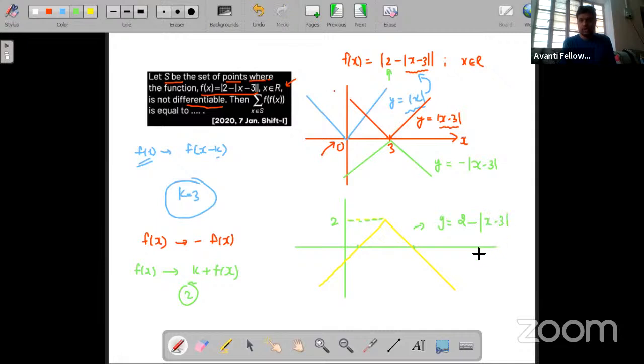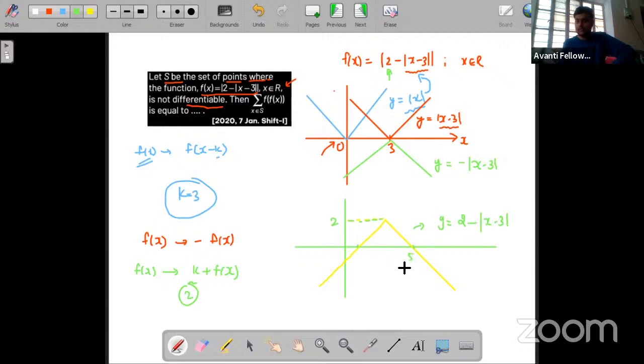Okay, so what we have to do, we have to find this point. This point means we have to find the x-intercept. X-intercept means y = 0. So we'll put y = 0, or we can check at which value this value is completely 0. So let's say if I put x = 3, we'll be getting 2. So why don't we put x = 5? So at x = 5, 5 - 3 is 2. 2 - 2 is 0.